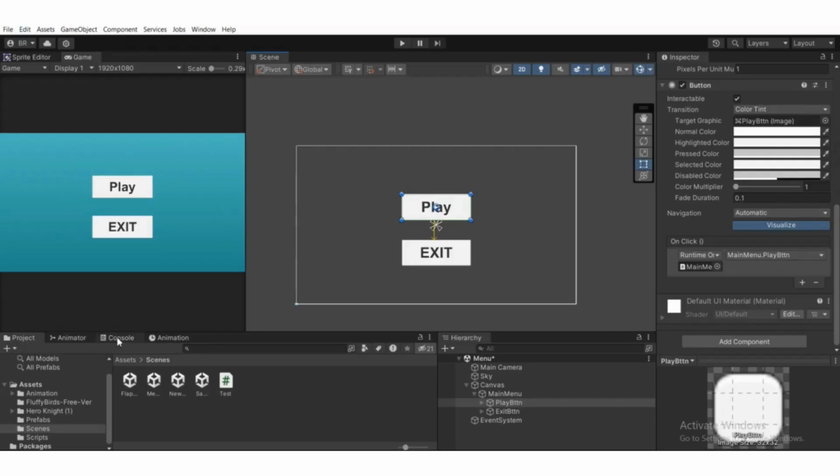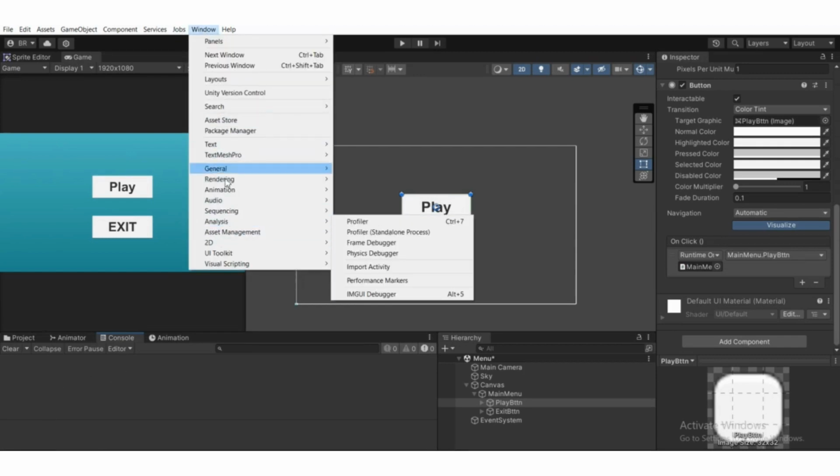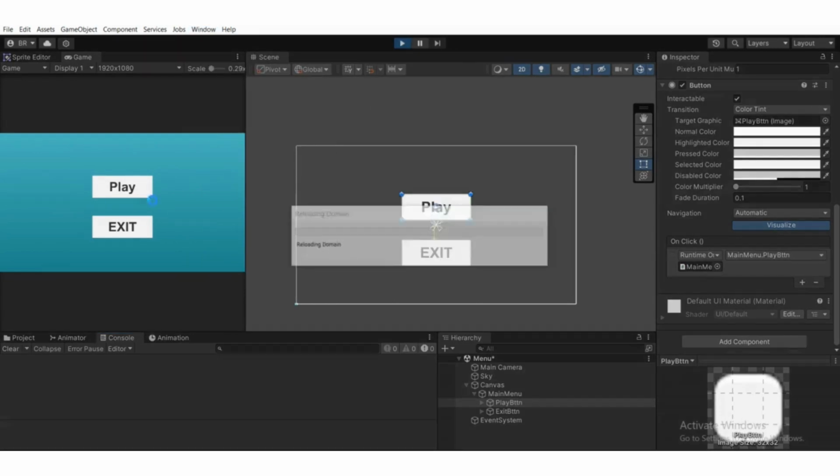So we have to select the console. If you can't find the console, just go to Window at the top, then General, then Console. Ctrl+Shift+C is also a shortcut key. So we're gonna play the game, and whenever we press the play button,